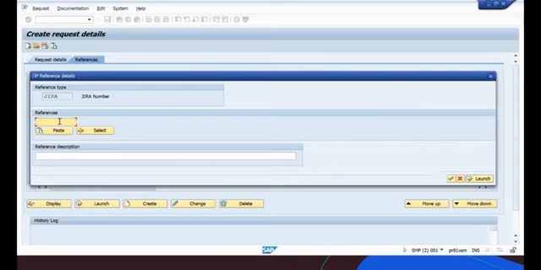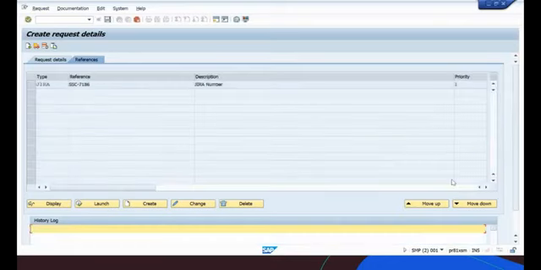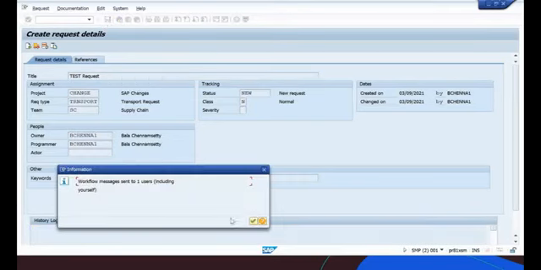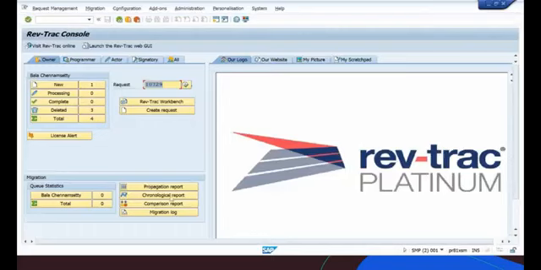We have to provide that number here. Then click enter. Again go back to the request details tab. Then we have to save the request. That's it. A RevTrack request is created here.